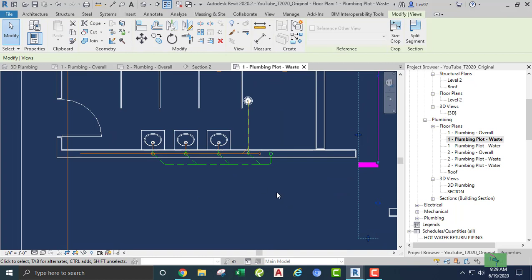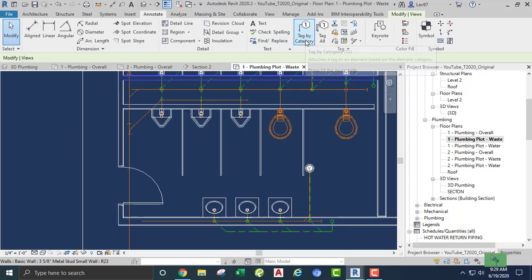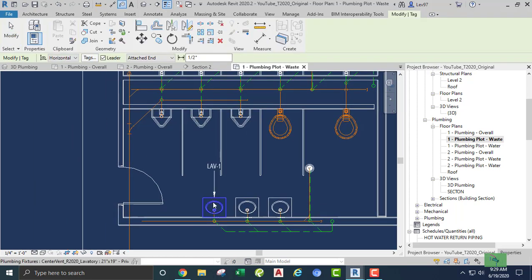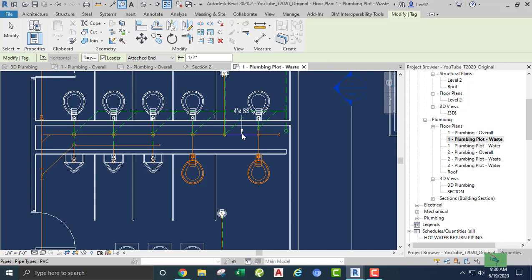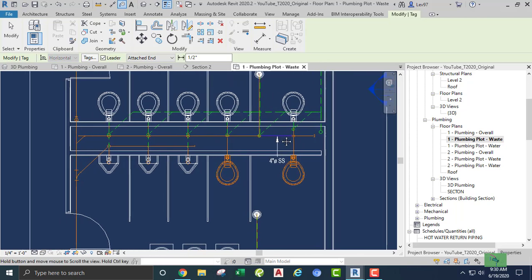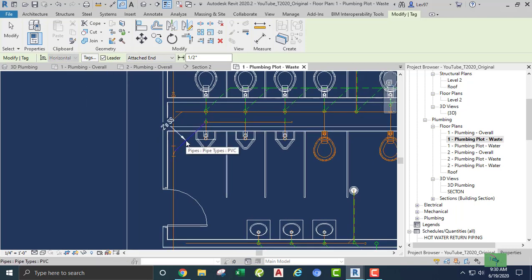And you know, however you're gonna tag that, right? You go to your annotation and you can do whatever, depending on your tags. Oh, this is a fixture tag, right? That's my laboratory. I can turn that leader off and just set it here. That's our urinal. Let's just do this. And the same with your pipes, you know, they have to be,